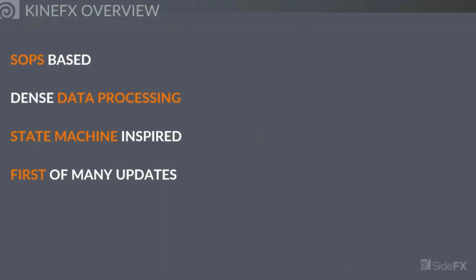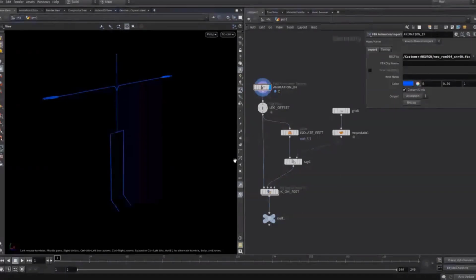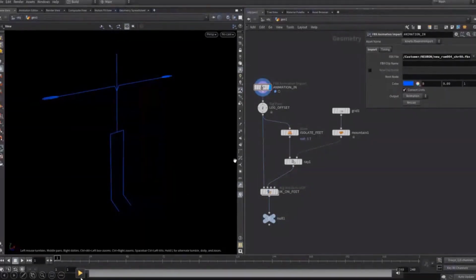And this is the first of many updates. So we're starting off with motion capture and data processing, but we want to get to the point that an animator can sit in Houdini comfortably and animate. So I'm going to give a quick video just showing exactly what a sample scene would look like for